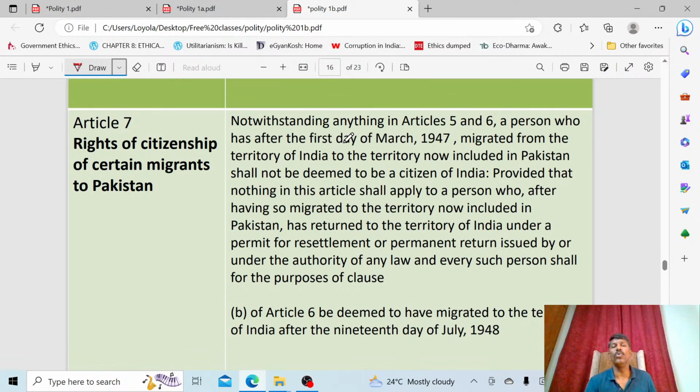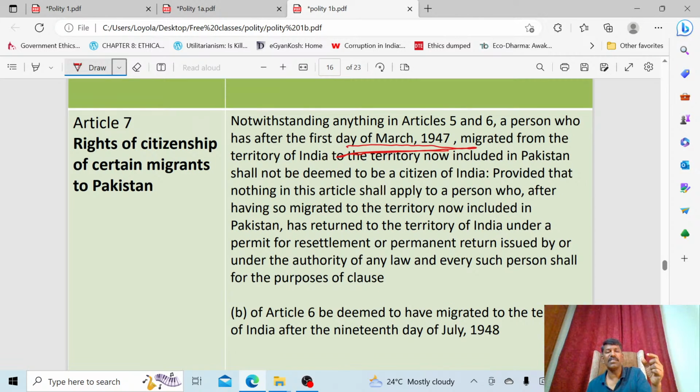A person who, after 1st March 1947, migrated from India to Pakistan, and the moment he migrated from India to Pakistan, shall not be deemed to be a citizen of India. He went there and he settled there. But the most important thing is that the person who migrated to the territory now included in Pakistan has decided, okay, no, I am not going to reside there, so I want to return back to India. So he has returned to the territory of India,